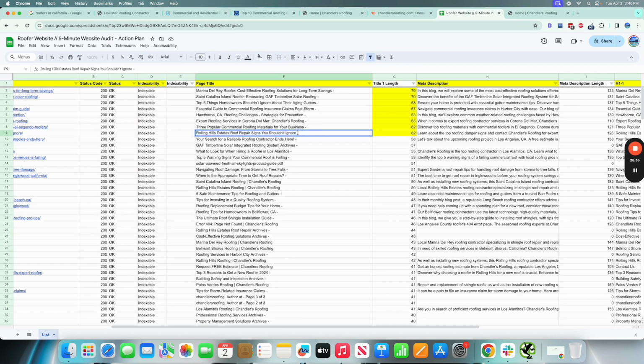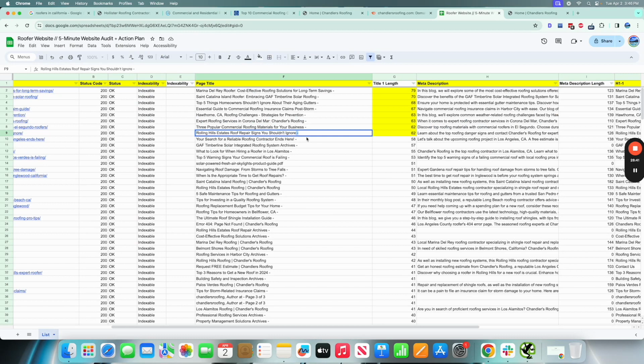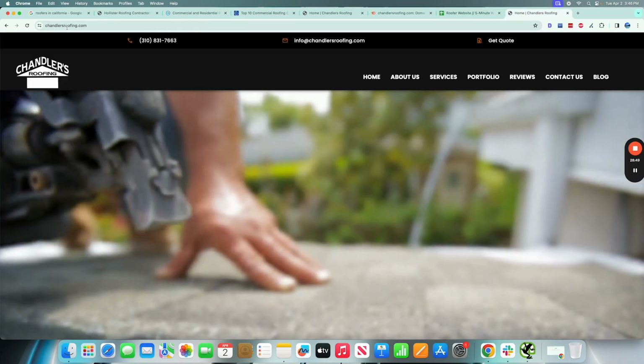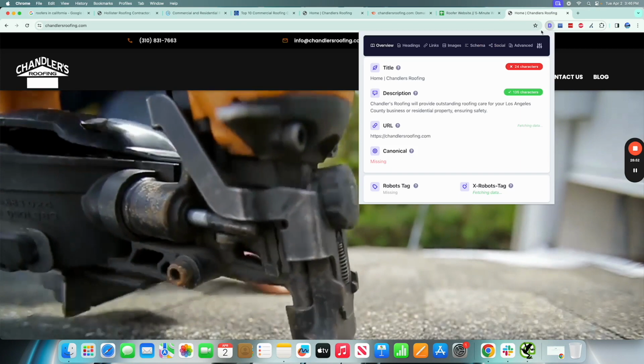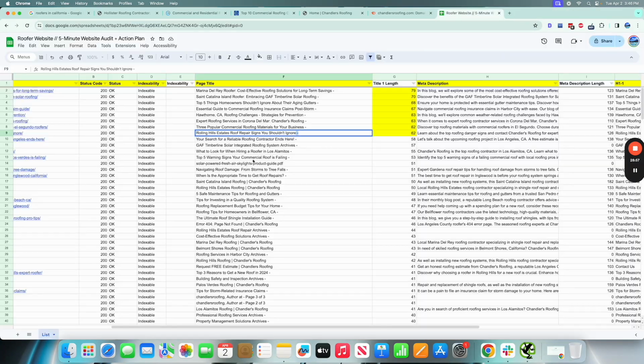One thing I don't like seeing here is this little dash. It's unnecessary. It doesn't really add more description to the page title, so I would omit it. Instead, if we head over to the website, and I know for a fact that their name is Chandler's Roofing, that's their brand and the name of the website, then, assuming this page was for roof repair, I may want to include the search query here, basically keyword slash keyword, and then